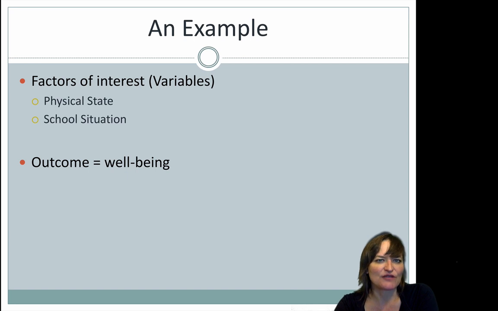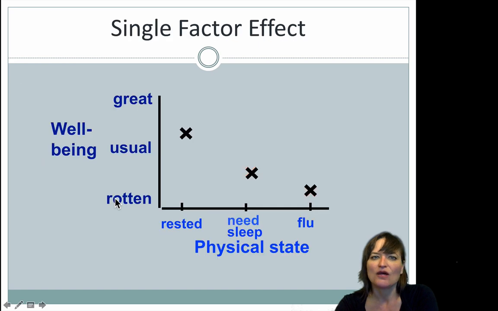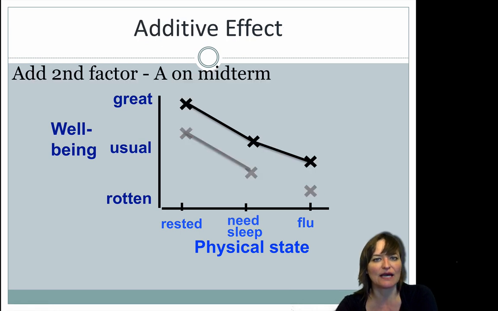Here's the example that we went over quickly in class, where we said if our factor of interest was physical state and our outcome was well-being, that your physical state might influence your feelings of well-being by itself, have a single factor effect, have a main effect by itself. And that if we add in a second factor of you got an A on a midterm, we can see that that increased your well-being